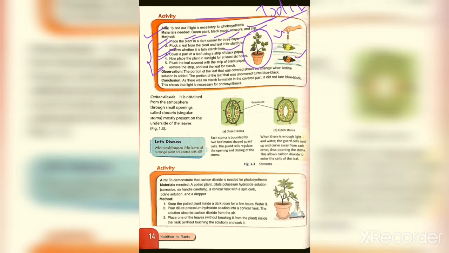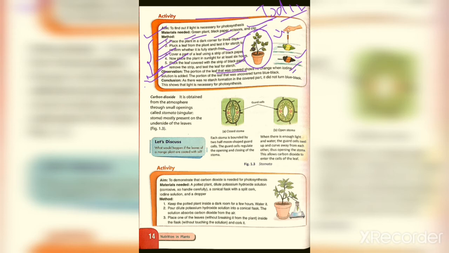Now the last point is, pluck the leaf covered with the strip of black paper, remove the strip and test the leaf for starch. What we have to observe in this activity is that the portion of the leaf that was covered shows no change when iodine solution is added. No change means there is no formation of starch, since that portion was covered with the black paper. Since there was no light, there was no photosynthesis,